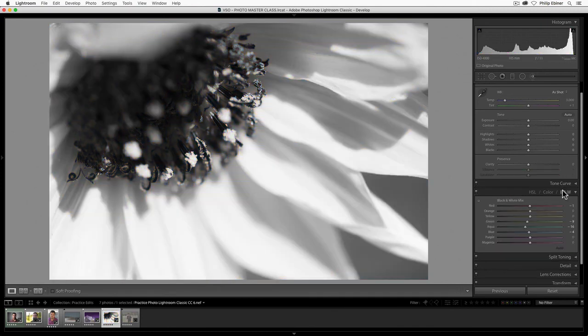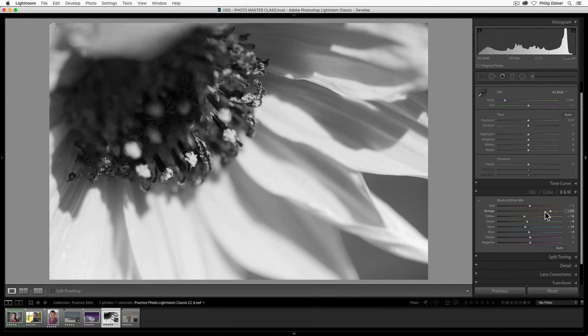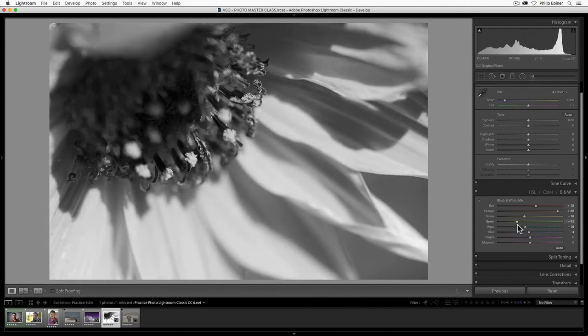Black and white, if we go here, it turns everything into a black and white image. And this is really where you can get creative with your black and white image, because by playing with different color mixes, it can create a cool black and white image. So say we want the yellows to be a little bit darker. We can take those down. I don't know if there was much orange. Yeah, we can bring up the orange. Red, there wasn't really much of. Green in the background. Yeah, aqua in the background. So you can see that you can come up with a cool style playing with the black and white mix using this B&W tab. Awesome.